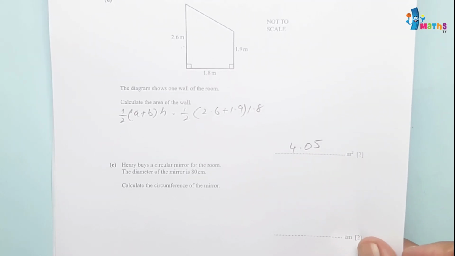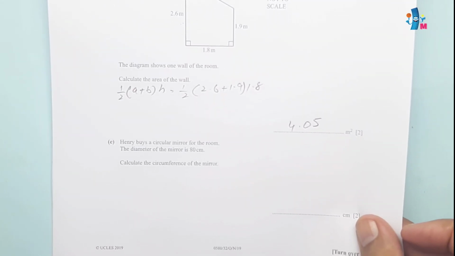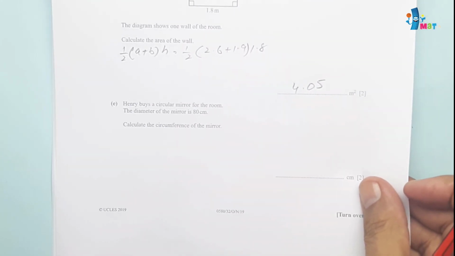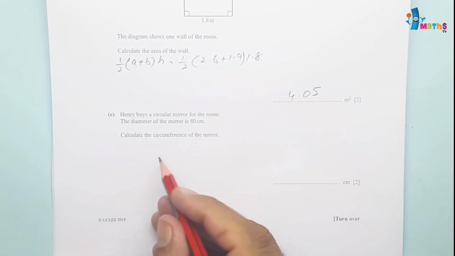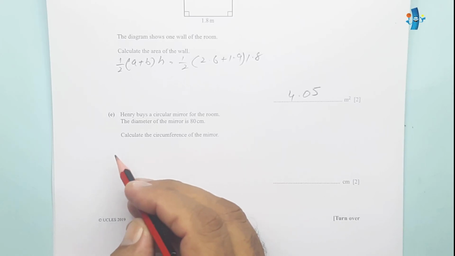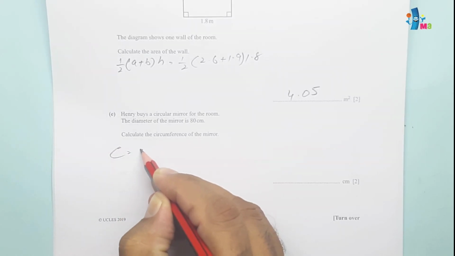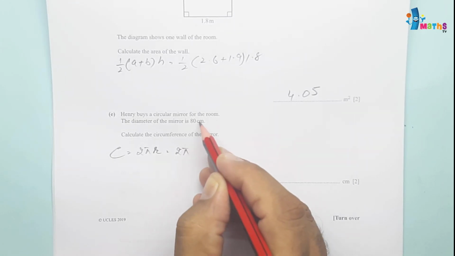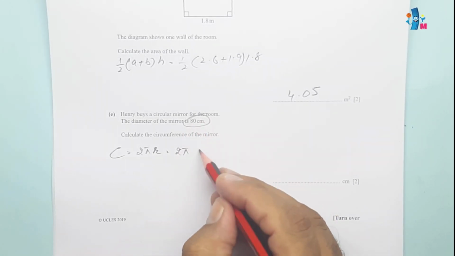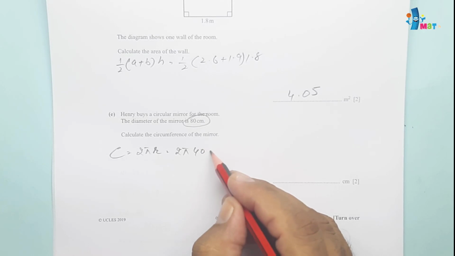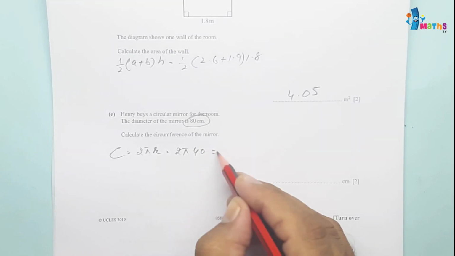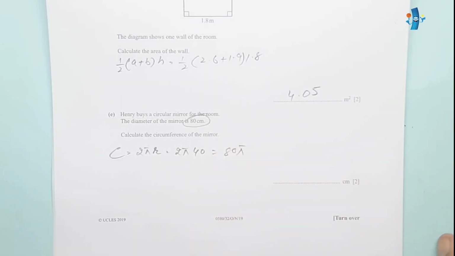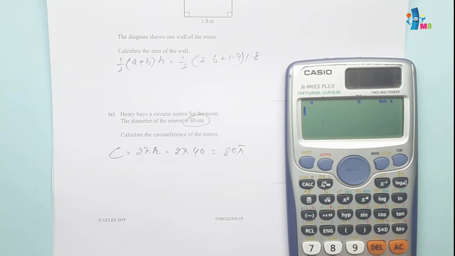Henry buys a circular mirror for the room. The diameter of the mirror is 80 centimeters. Calculate the circumference of the mirror. Circumference is equal to 2 pi r, and r is half of the diameter, so that will be 40. So this is 80 pi, and 80 pi means